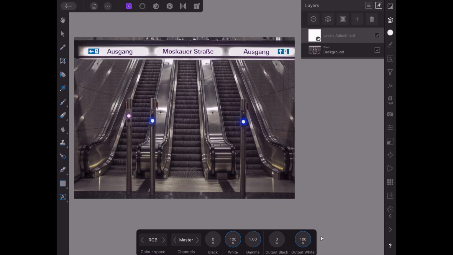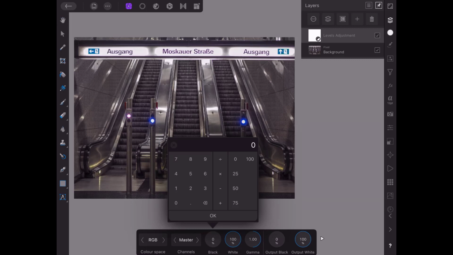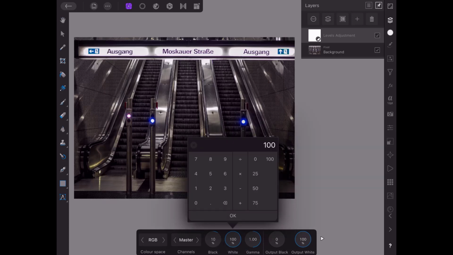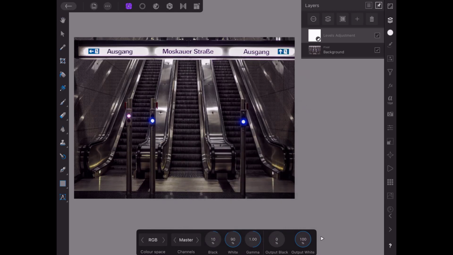So getting on with the first edit, what I will do is I will click within the black options, and I'm going to alter from 0 to 10, and then I'm going to alter the white by 10 as well, but going in the opposite direction, so lowering 100% down to 90. So I'll make that 90. Okay,